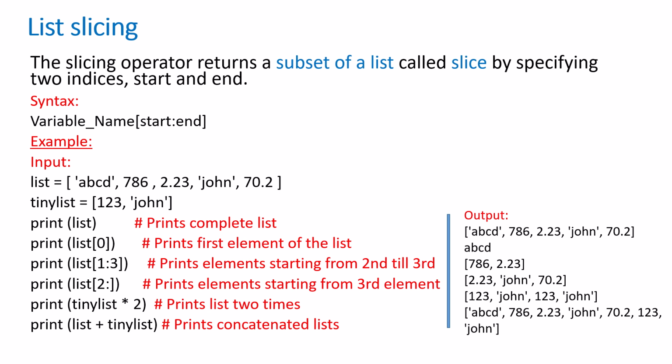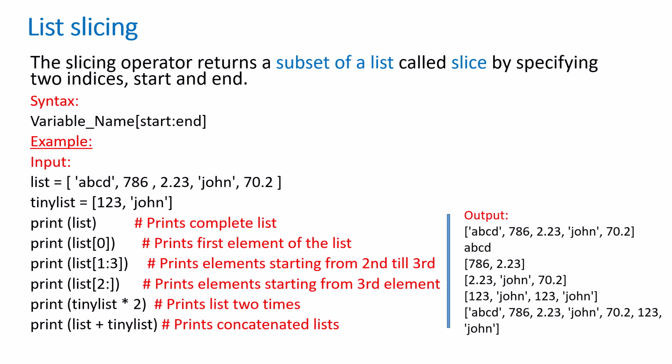Now list slicing. The slicing operator returns a subset of a list, called a slice, by specifying two indices: the start index and the end index. If you look at the syntax, within the square bracket after the variable name, we specify start colon end. As an example, list equals a collection of data items: 'abcd', 786, 2.23, 'john', 70.02,